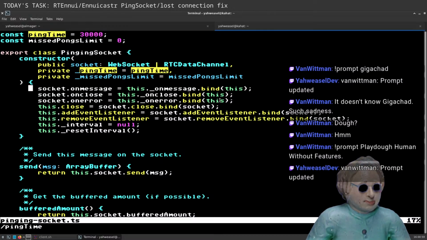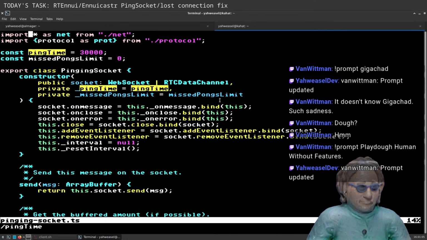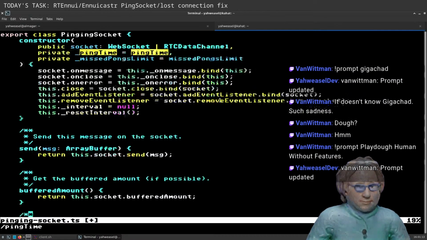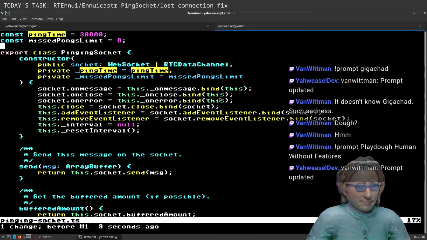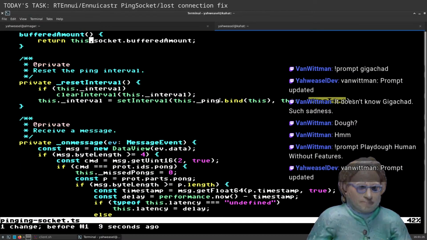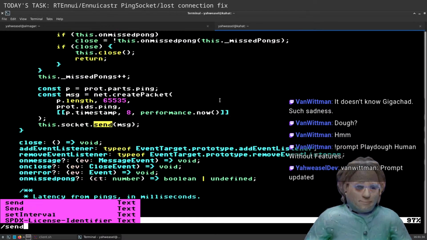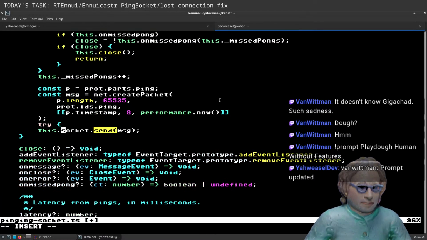Oh dear God. Ping time should really be like 10 seconds, not 30. No, okay, it's configurable, so it just should be 10 seconds for the directing action. Okay, so if it fails to send,